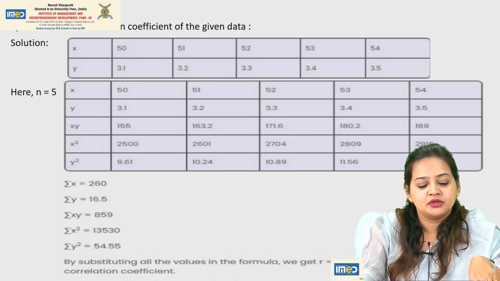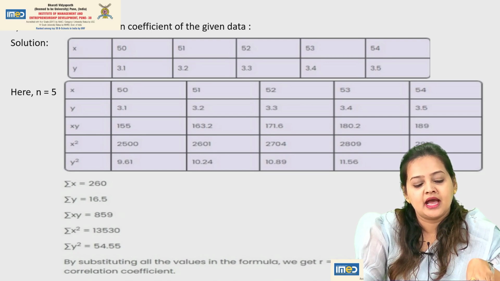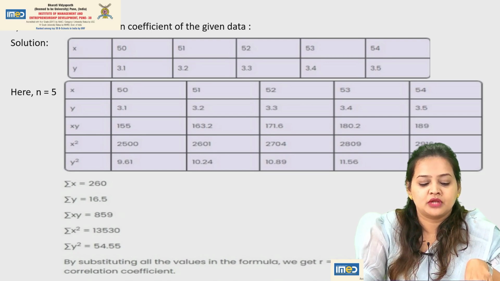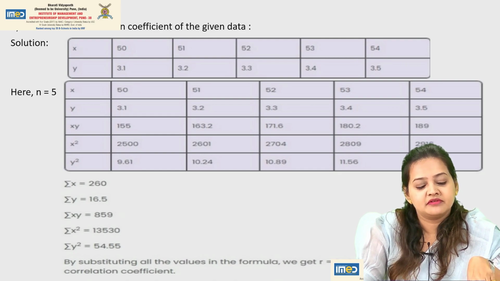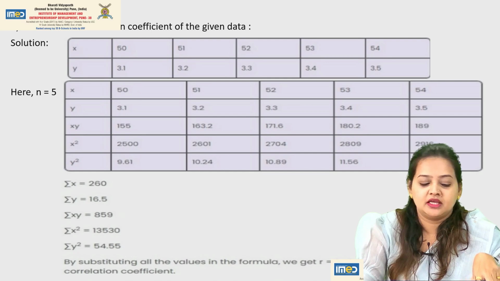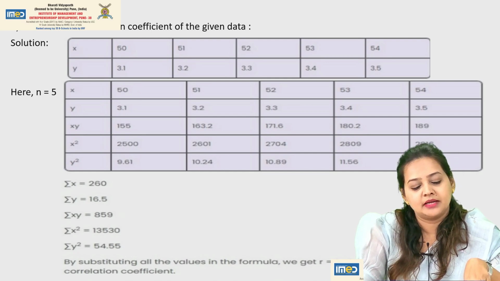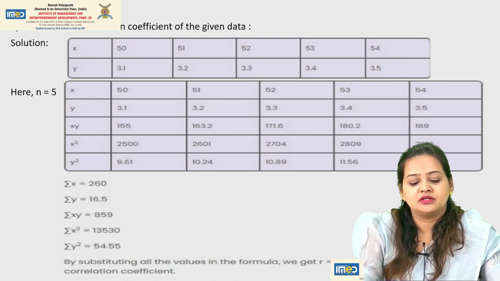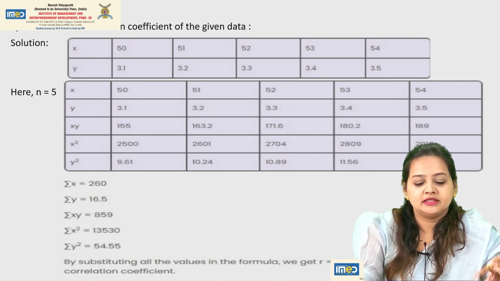Next you have to do is x square. So you have the x value, which is 50, and you have to take its square, which is 2500. Then you have the value of y, which is 3.1. You take its square, y square is equal to 9.61. Similarly, you will be calculating for all the values of x and y, and automatically this chart of yours will